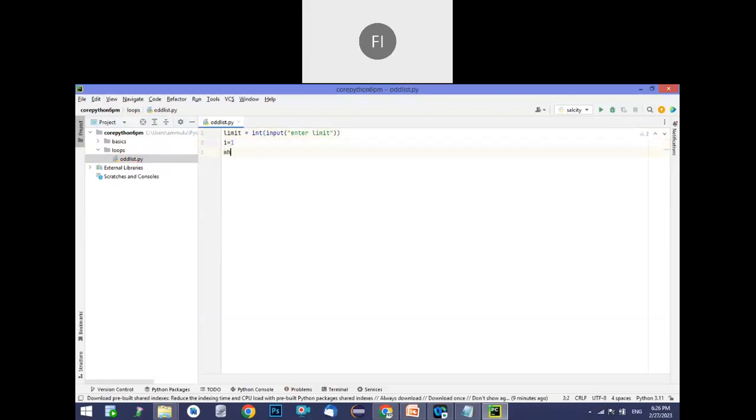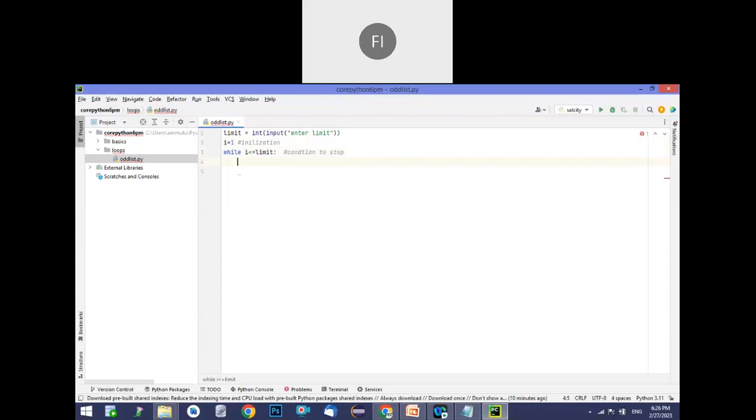Now I'm writing the while loop: while i less than or equal to limit, because the i value is initialized with 1. So it ends with the condition we specified. This is the syntax: first we write the variable with initialization, and then within the while we write the condition. I'm writing comments: initialization means the starting value, and this is the condition to stop the loop. If this condition fails, then only the loop will stop. Until that, it will continue the execution part.